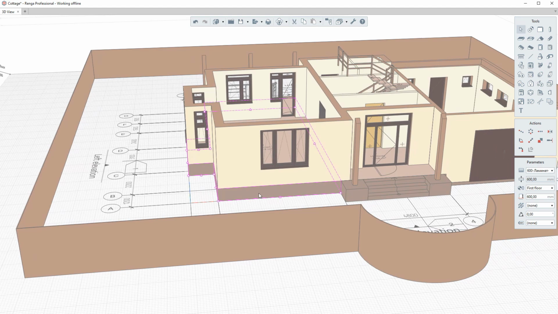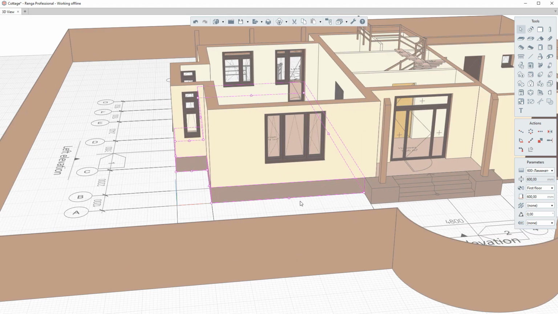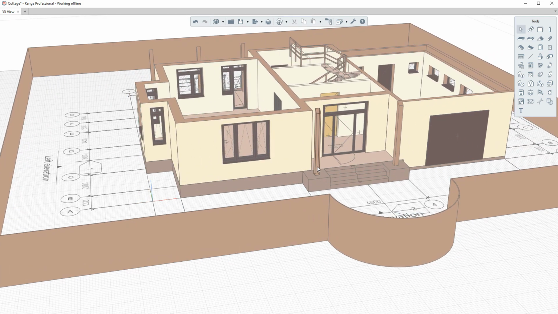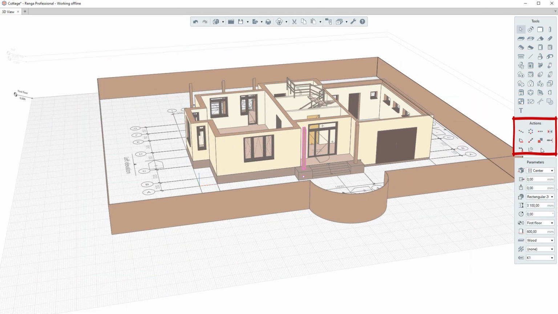The handles of the vertices and handles in the middle of the segments appear when you select Renga objects. Handles are intended for objects management. When selecting objects, you can do the following actions.